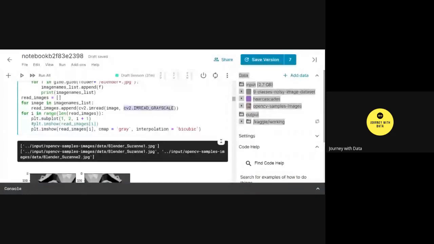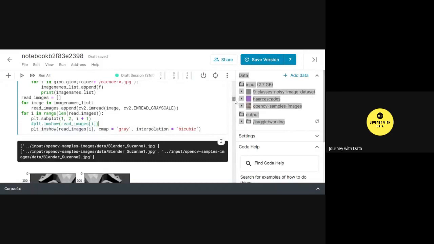Now to display multiple images, I am looping through the subplot. For i in range of the length of my images, I've created a loop till the length of my images, and then plt.subplot(1, 2, i+1). That's just a loop. It will display the multiple images, and then plt.imshow, and the color map is gray in this case.